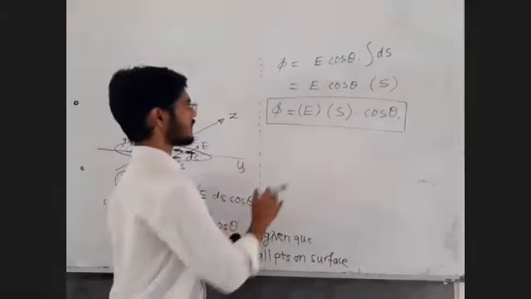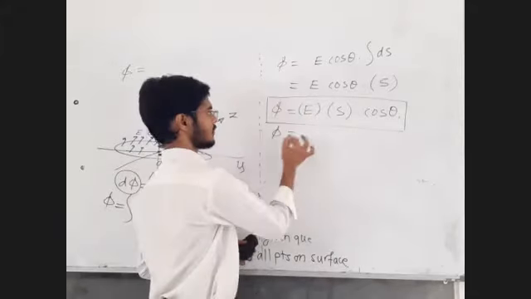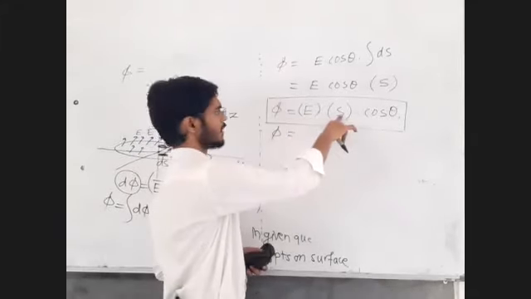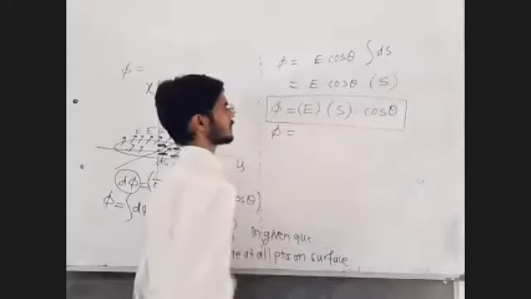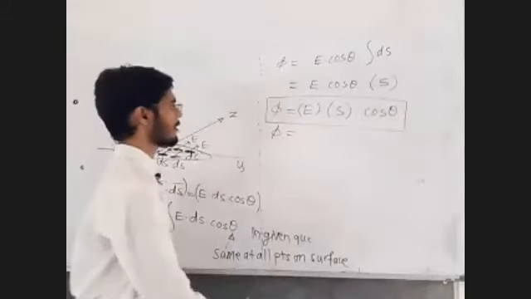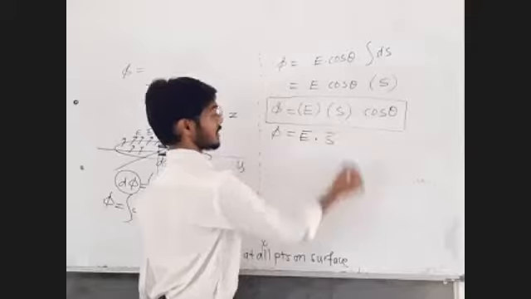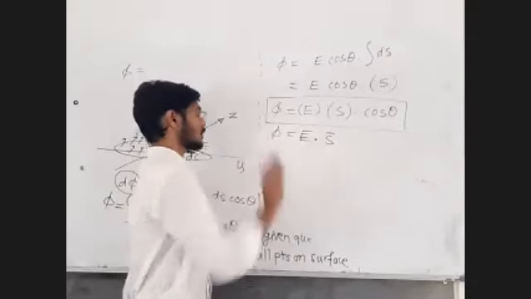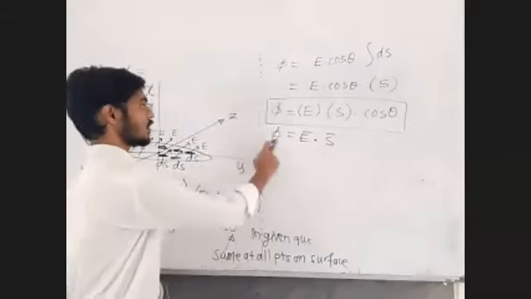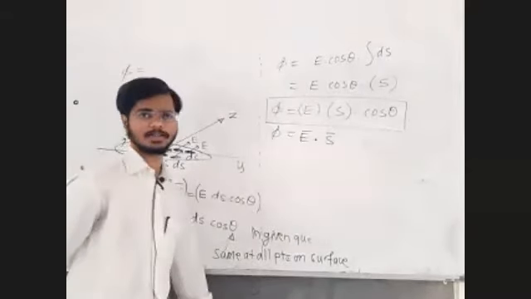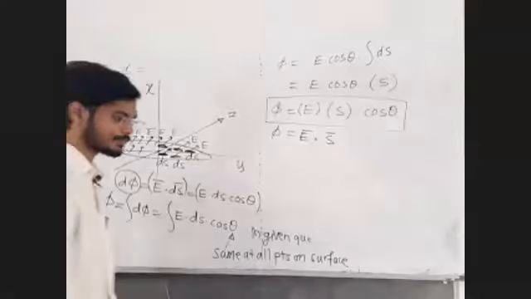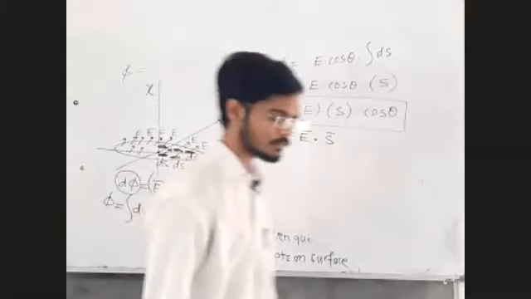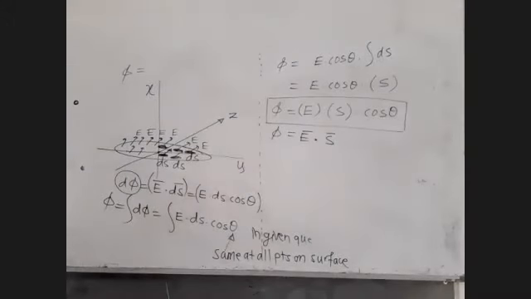So, can I write this? This is the magnitude of the first vector, this is the magnitude of the second vector, and this is the cos of the angle between the two vectors. So it's again simply E bar dot S bar. I am not saying ds bar because I am not finding d phi, I am finding phi, total flux. Total flux, simply E bar dot S bar. Do you disagree in the chat box? Yes, correct.